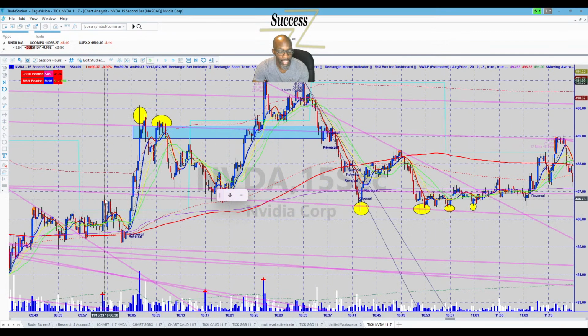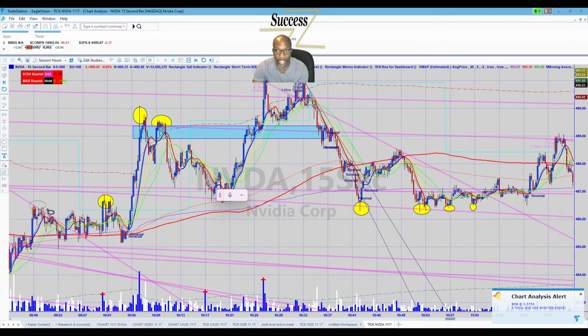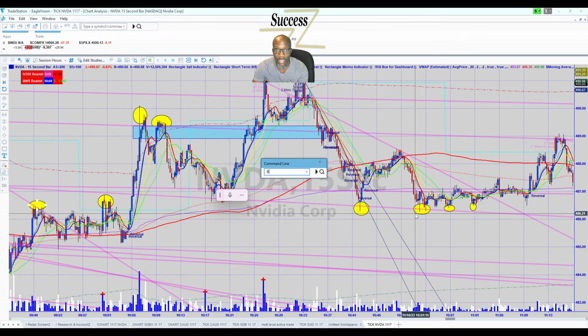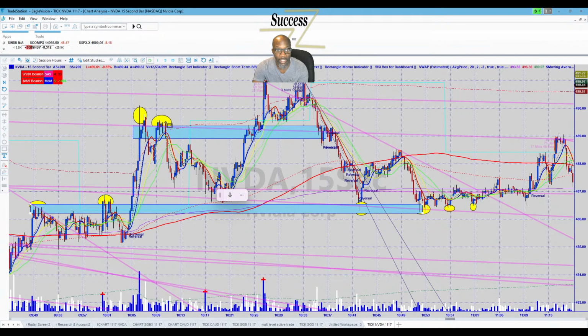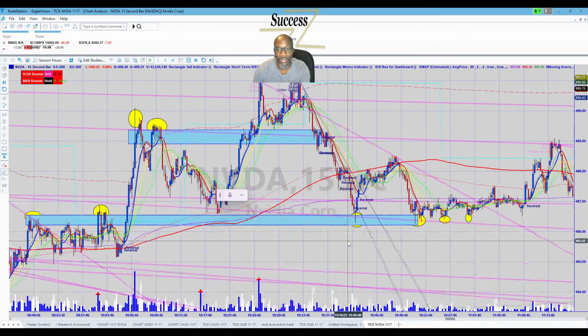I mean, technically it is here and here, but the difference between this and this is that this support that's being formed here is at the top of this zone. This here, this support is at the bottom of this zone. Note to self. Okay, I can dig it. Okay, all right. So let's go back to